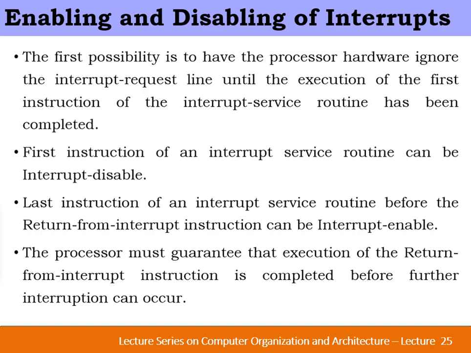So by using the interrupt disable instruction at the beginning of the ISR, the programmer can ensure that no further interruptions are going to occur. Once that first instruction is executed, it is going to disable that particular interrupt request signal. Hence there are no further interruptions from the device, so the processor can normally give service to that particular IO device.